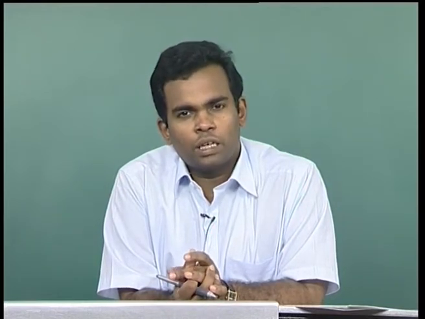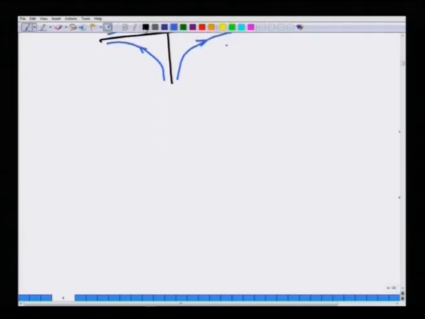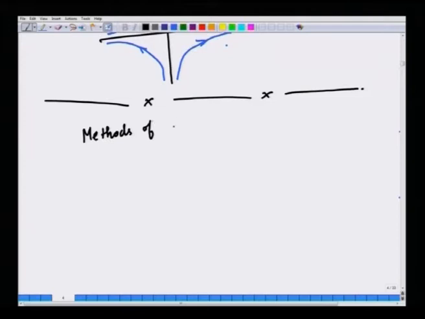And we should also remember that the path line is an inherently Lagrangian concept, while the streamline is inherently an Eulerian concept. So, this sets the ground for analyzing fluid flows, because we have now discussed the elementary principles of kinematics. Now, I am going to go to another major topic, how to analyze fluid motion. Methods of analysis.